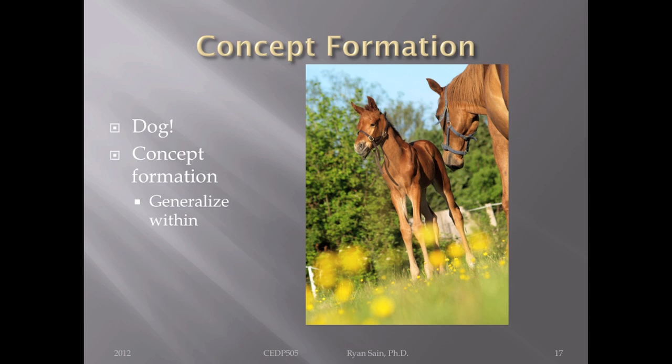So we're generalizing within, but then we have to discriminate between classes. You have to learn what isn't a horse, in other words, an S delta, and what isn't a dog, in other words, an S delta, right? So we learn what is a horse, there's an SD, and what isn't, there's an S delta. As we learn to behave properly, we're generalizing just on those key characteristics and then discriminating based on other key characteristics. One of the characteristics right off the bat that you can discriminate with between a horse and a dog,